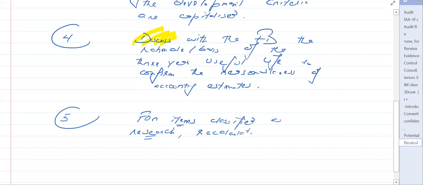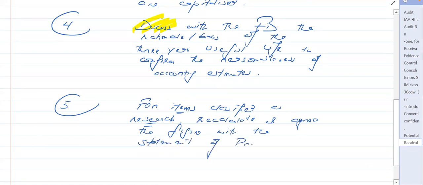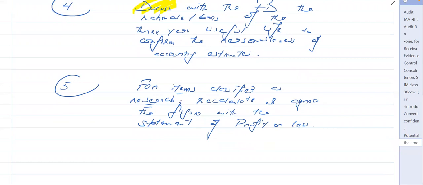Recalculate and agree the figure with the statement of profit or loss. So identify that, okay, these are the research elements, recalculate them, and agree that figure within the statement of profit or loss. And you can also